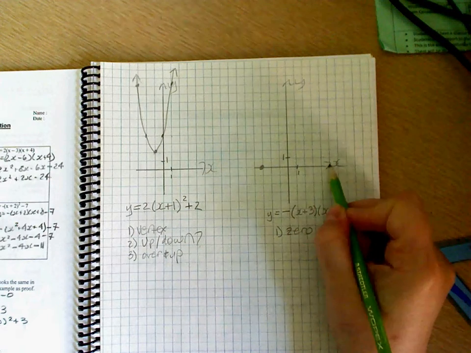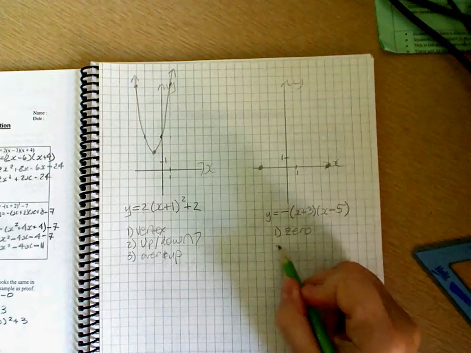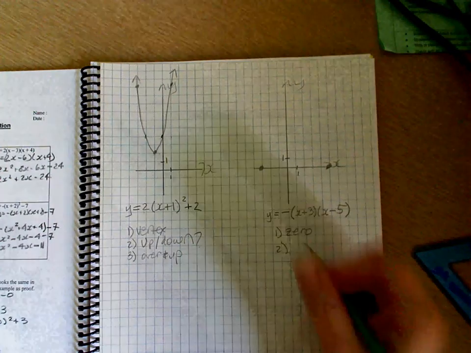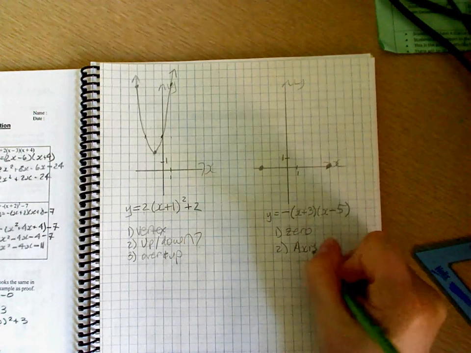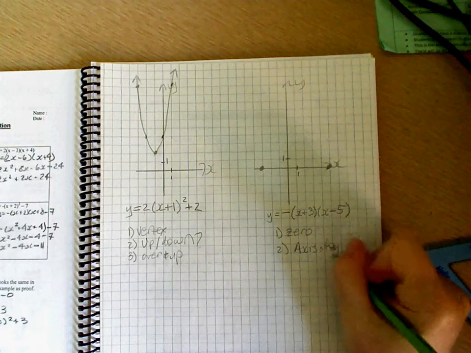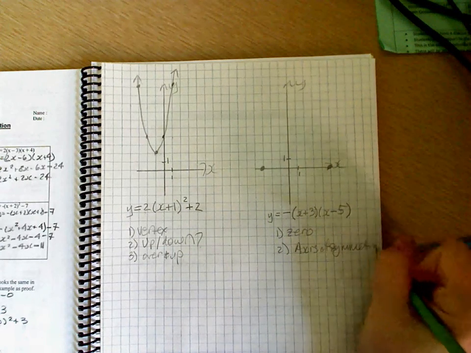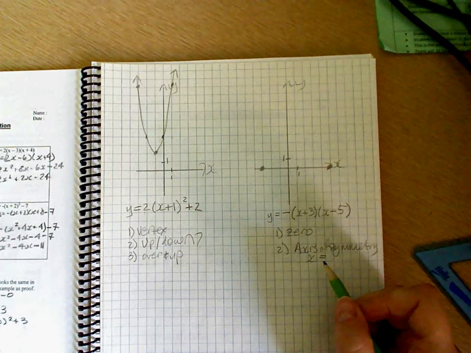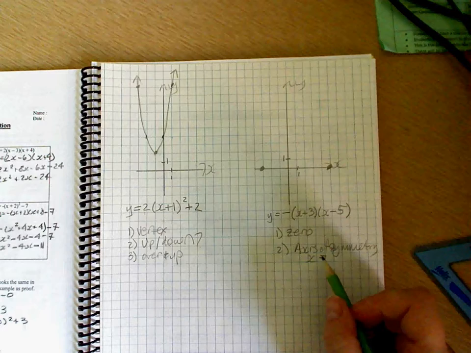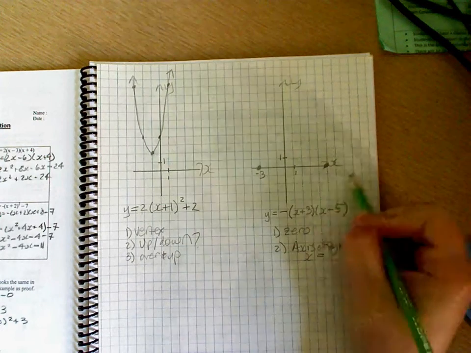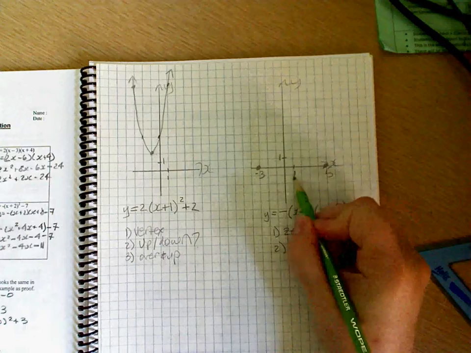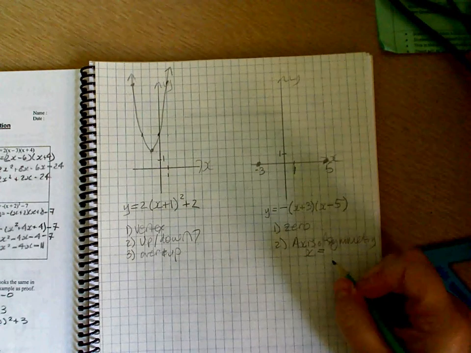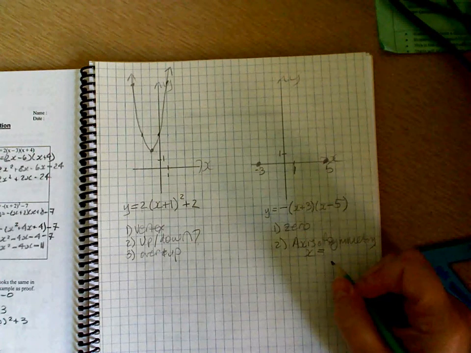1, 2, 3, and 1, 2, 3, 4, 5. Next is what? Yeah, what's the axis of symmetry? Axis of symmetry is x equals what? That's negative 3. That's 5. Every tick is 1. What's the axis of symmetry? X equals